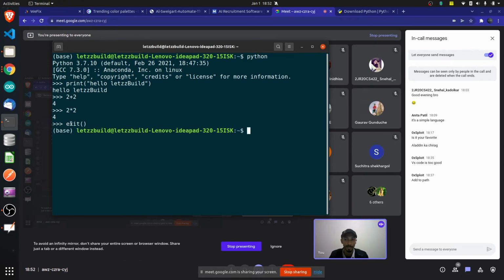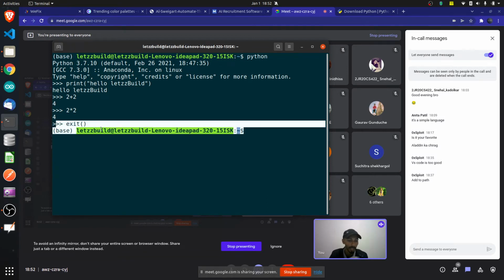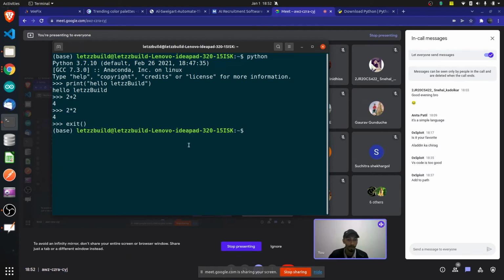If I just type exit, now you are seeing that I am on this line and I don't have those three greater-than arrows, right? If those arrows are not there, that means I came out of the interactive shell. If you see those three greater-than arrows, that means you are inside the interactive shell. So how do you go inside an interactive shell? By typing python. If you want to come out of that interactive shell, you type exit with those two brackets. That's it. Very simple. Does that sound simple? Did you understand what I am trying to say?